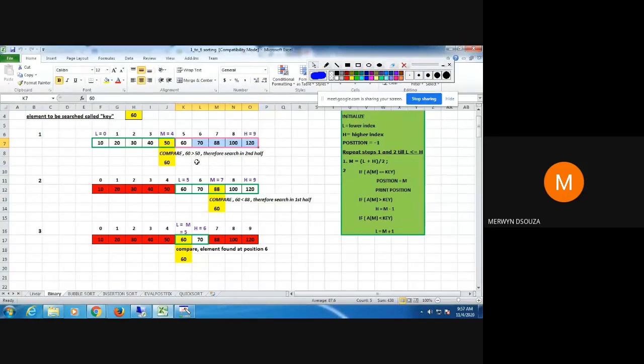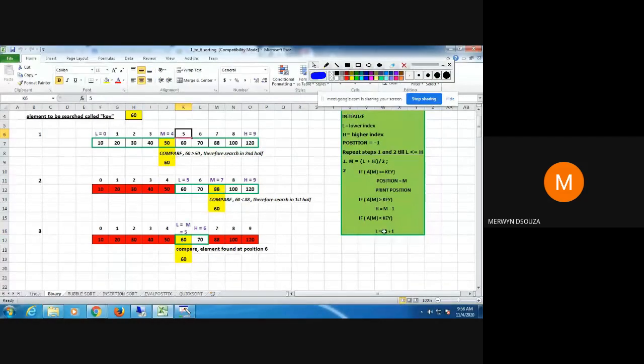So therefore we change the area of our search. First we were searching in this entire area, so we had L equal to 0, H equal to 9. Now we have decided that our area of search needs to be only this much. Therefore we need L equal to 5, and using this statement, L equal to m plus 1, we make L equal to 5.